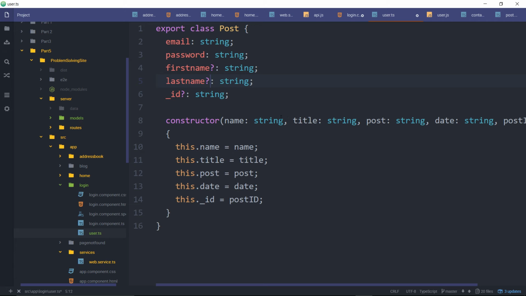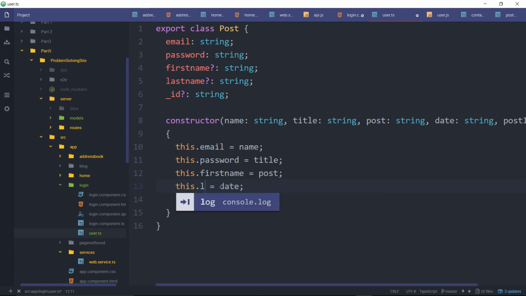Got it, okay, there we go. Alright, so then we're going to do email, then we got to do password, and then first name, last name. This is going to equal email, password,